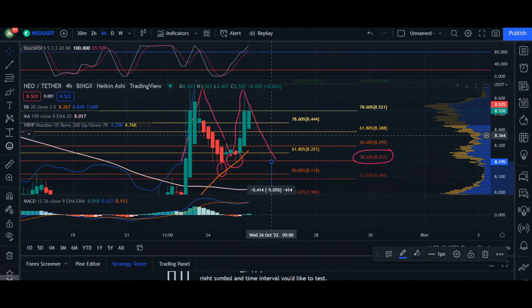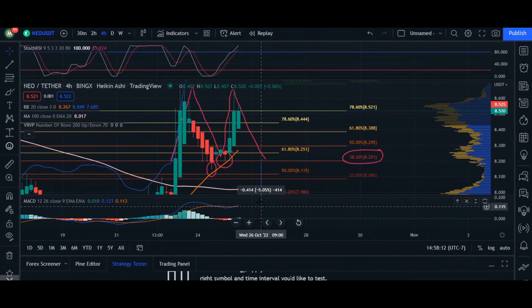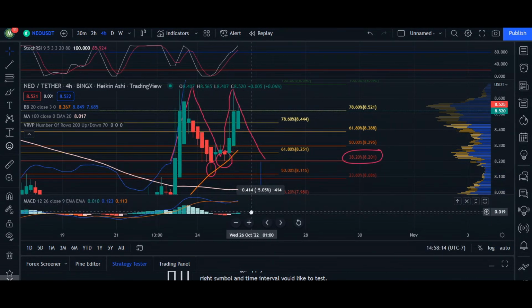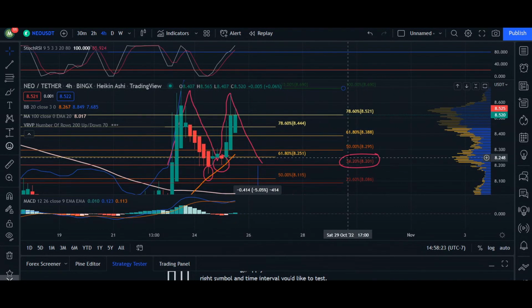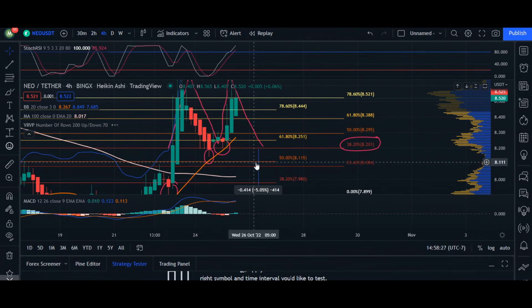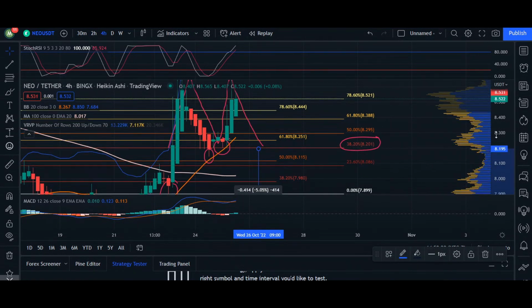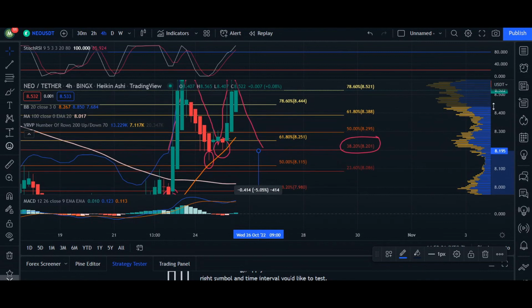So what we need again is we need MACD line to strengthen in the bars. If we don't want to see that area of support, it needs to come up and ultimately break this high, because if it doesn't, then most likely price is going to retest the $8.20. And if we don't hold it, be prepared again for price to drop all the way down to $7.78, our projected 5%